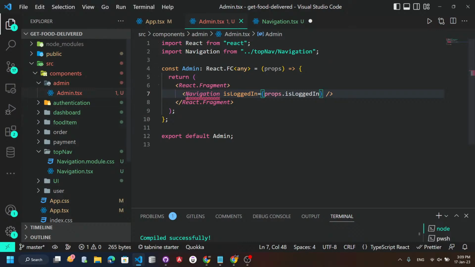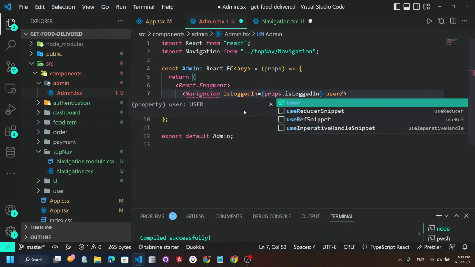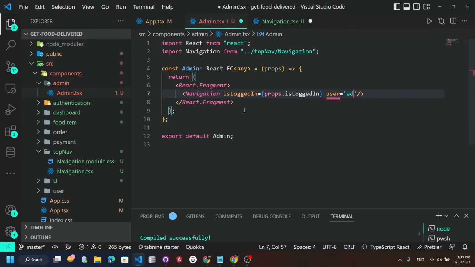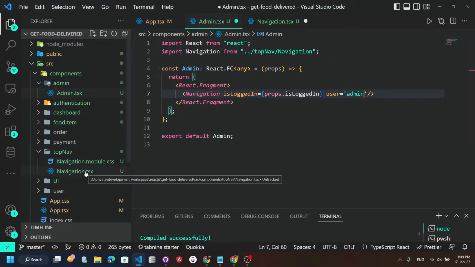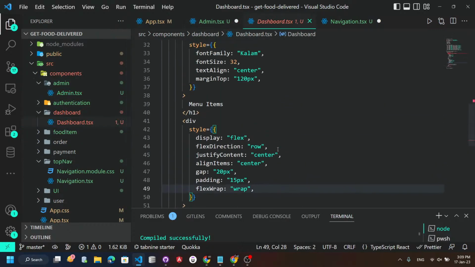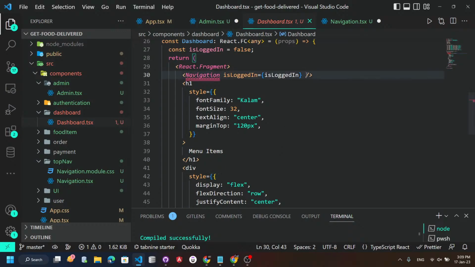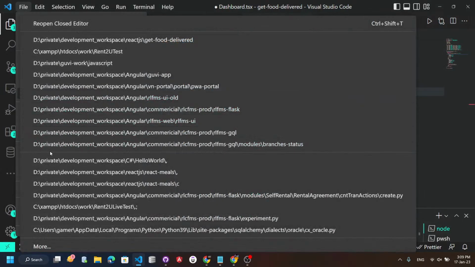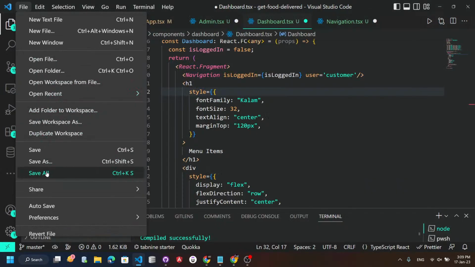फिलहाल, on this admin page I will assign the user as admin। मैंने यूजर की वैल्यू यहाँ पे एडमिन दी है, और while I am a normal user, उसमें मैं डैशबोर्ड में, when I click on this dashboard thing, तो यहाँ पे मैं नेविगेशन यूज कर रहा हूँ और here I can assign it as user is equal to customer। तो I think ये वाली चीजें यहाँ पे क्लियर हुई होंगी। Let me save everything, let me do a save all